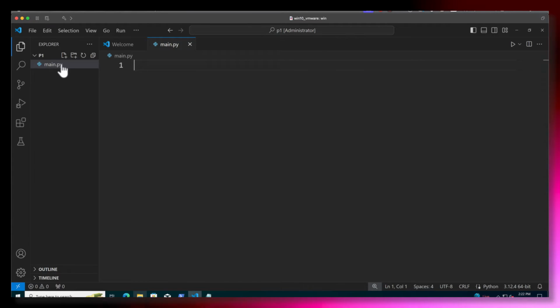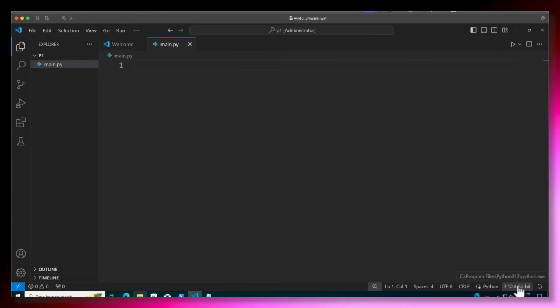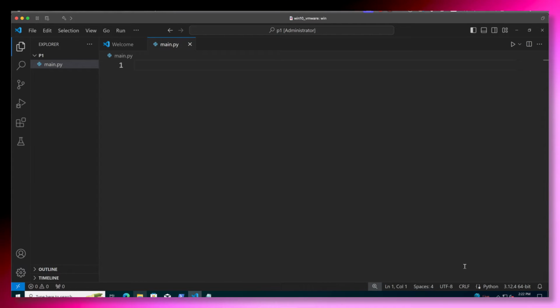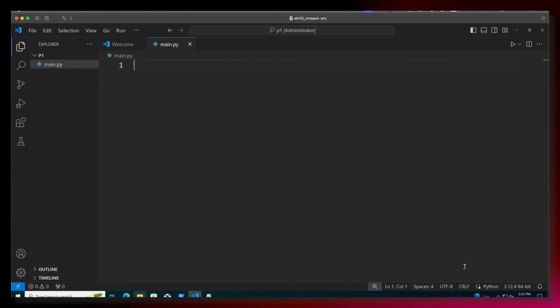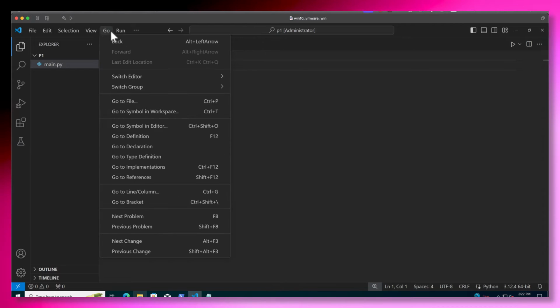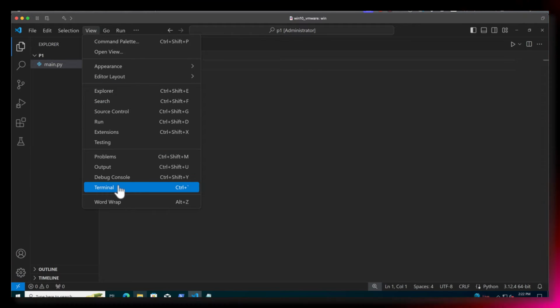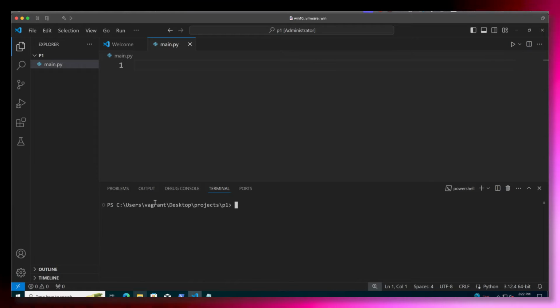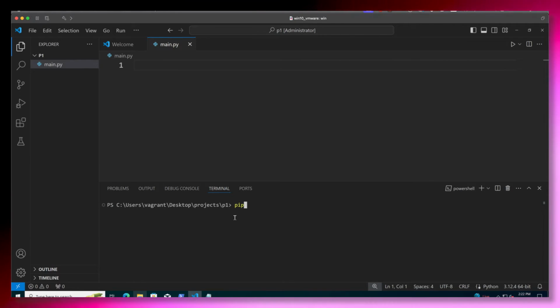Now, taking a look at the bottom right-hand corner of Visual Studio Code, we can see then the version of Python that we're using for this. And this is our global or system Python. Ideally, we don't develop our projects with our system Python. If I go through and open up a terminal, so if I just go View and Terminal, we can wait for it to open up as it builds the first time.